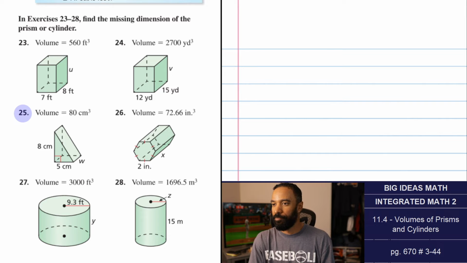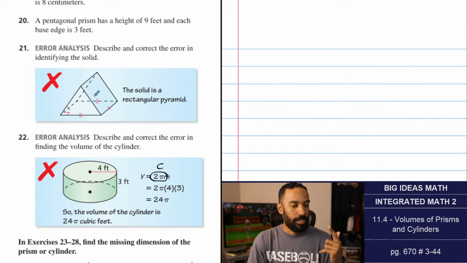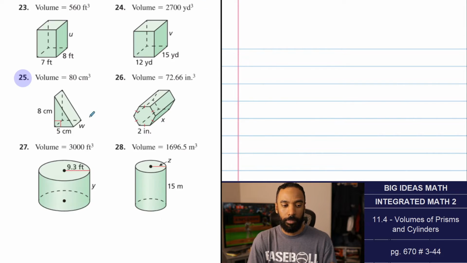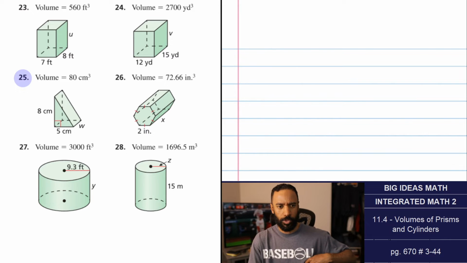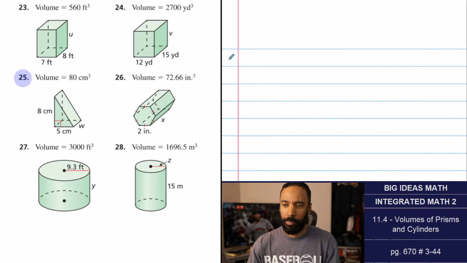Okay, number 25. This is, as we just saw from before, not a rectangular pyramid, it's a triangular prism. Because it's named based off the base, we got to find the area of that base, or use the area of the base and find W. W is also a height. And in fact, all these are heights. All of these ones, even number 26. But for this one, number 25,